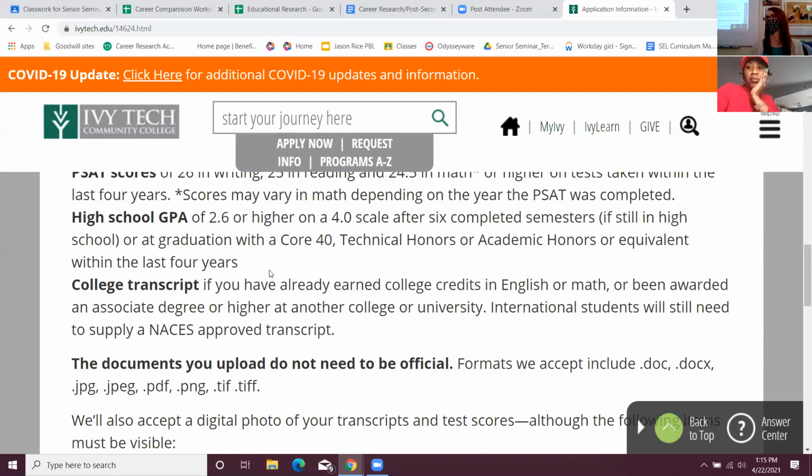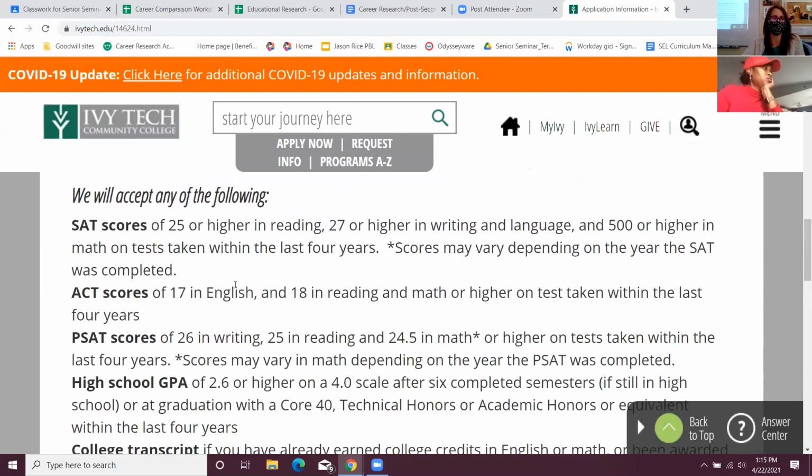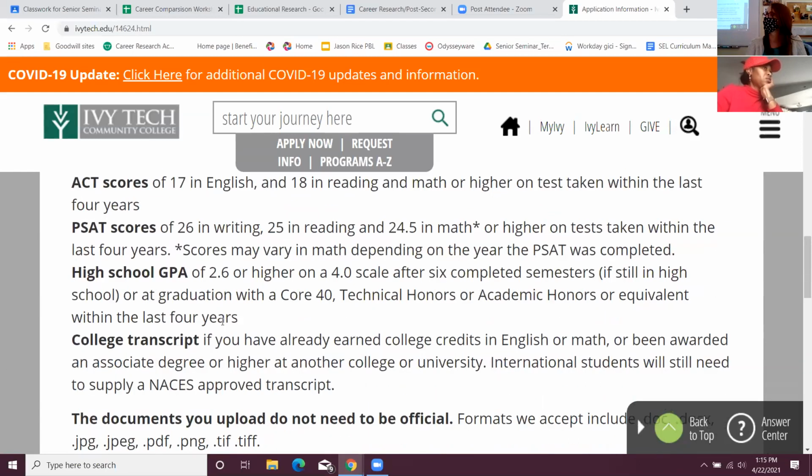Core 40 high school diploma, 2.6 GPA would be fine. I don't know how many people take the SAT or ACT, but that's good to know for people who might want to get in without, they haven't earned their diploma yet, but want to make sure they have admission. Just write like 2.6 GPA or Core 40 high school diploma.